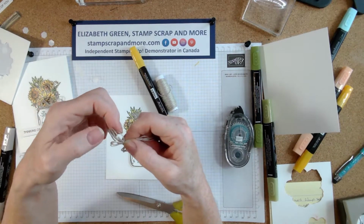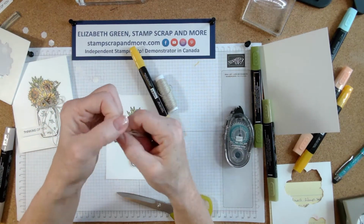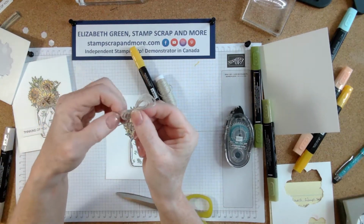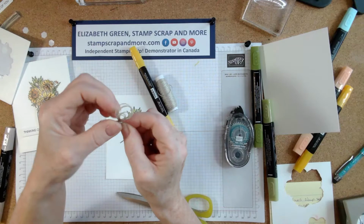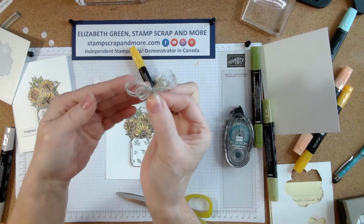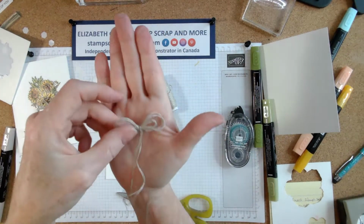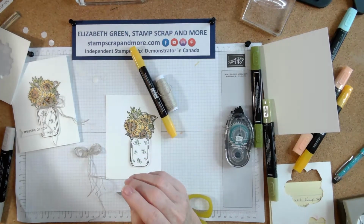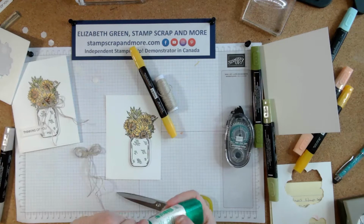There we go. And sometimes you have to pull the edges left and right, but when it's all said and done, there is the bow. There's the Billy bow. Isn't that pretty? And I'm going to get some of the Tombow glue,